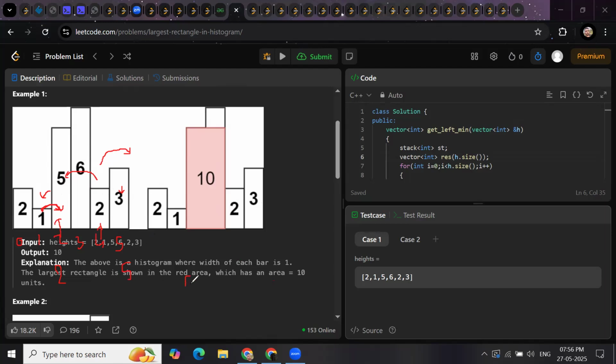Now we will calculate the width. We will calculate the width by 5 minus 2 plus 1. So it will be 3 plus 1, 4. And